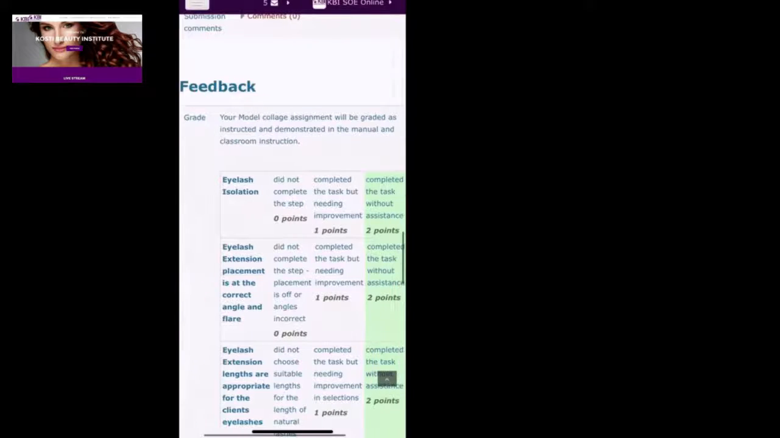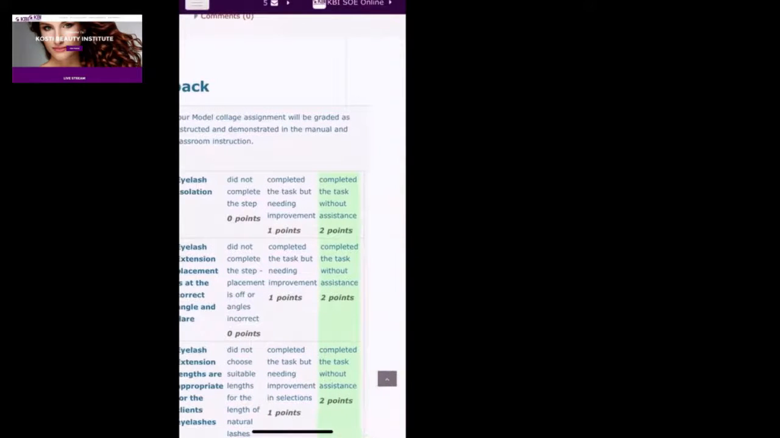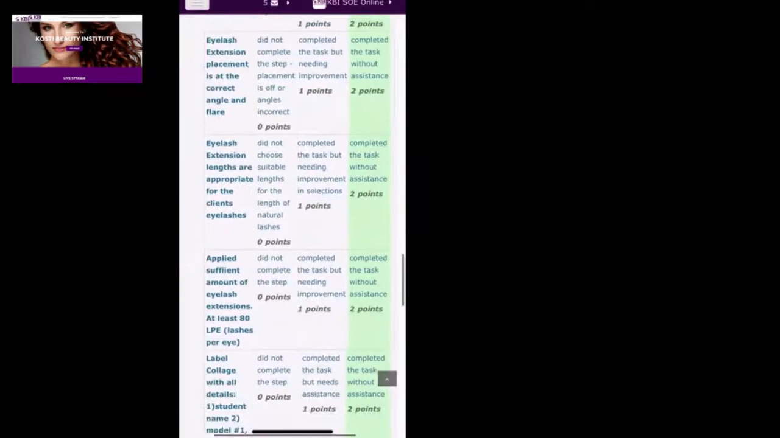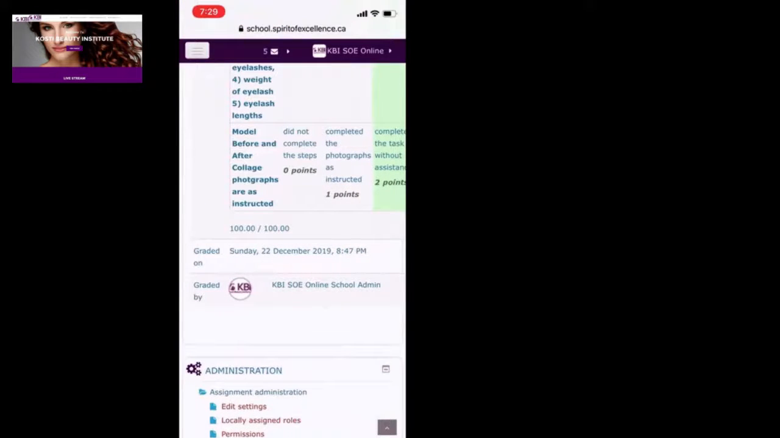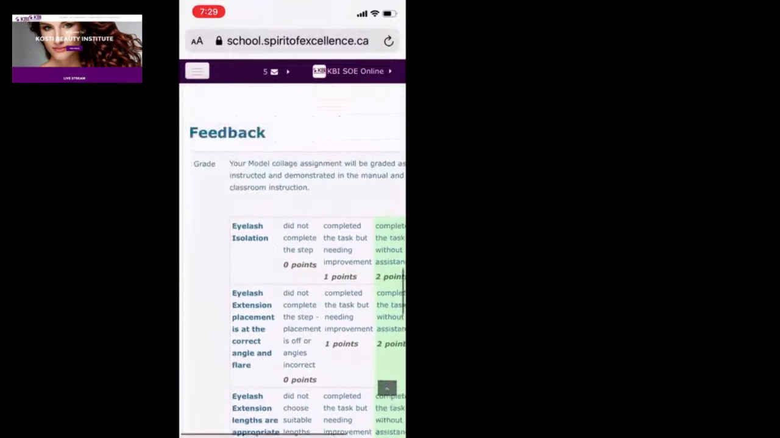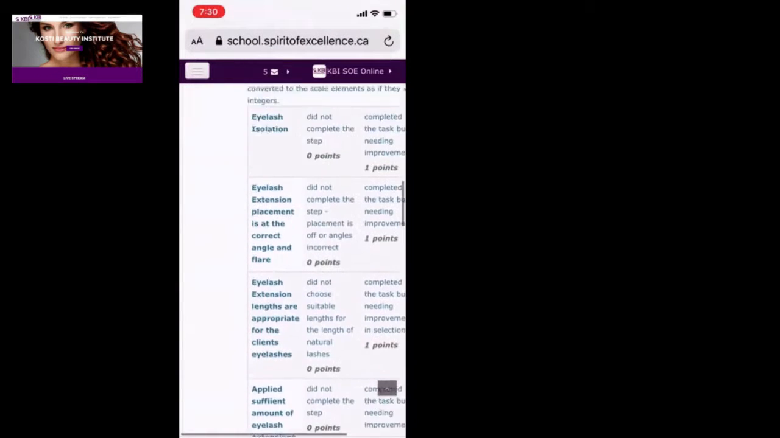You have to go all the way down to feedback, and I will highlight the categories. And then I'll even put comments there. And then I usually put a final comment, graded by. So here, this is just my example. I didn't have any comments, but that's the best way to view each of your assignments that you've submitted,